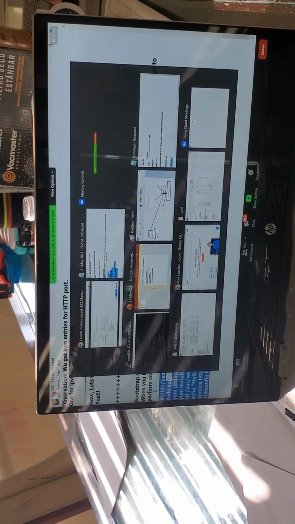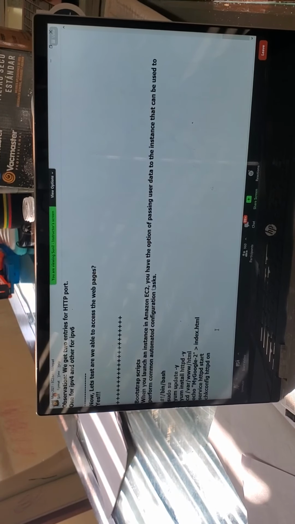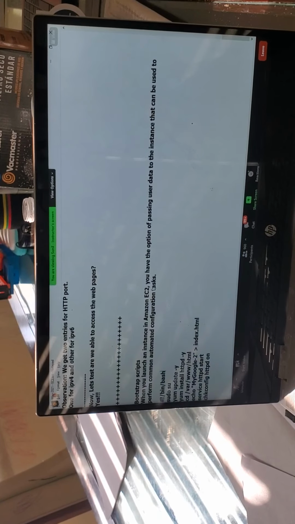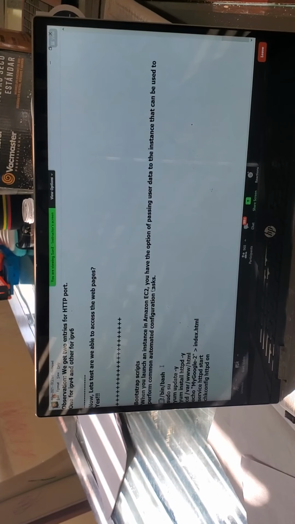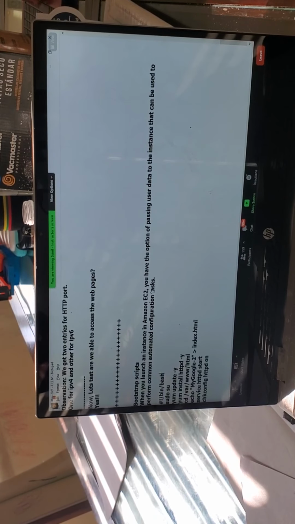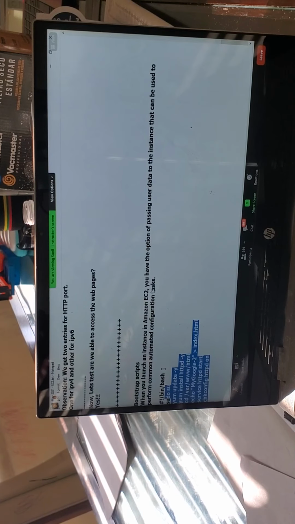These are called bootstrap scripts. The only extra line I have included is hash exclamation slash bin slash bash. That helps you to understand that this is not just normal text. It helps you to understand these are the Linux commands which should be running on the terminal. That's called a bash terminal.